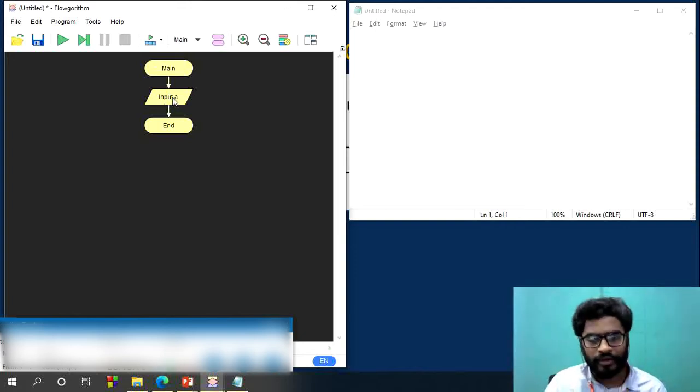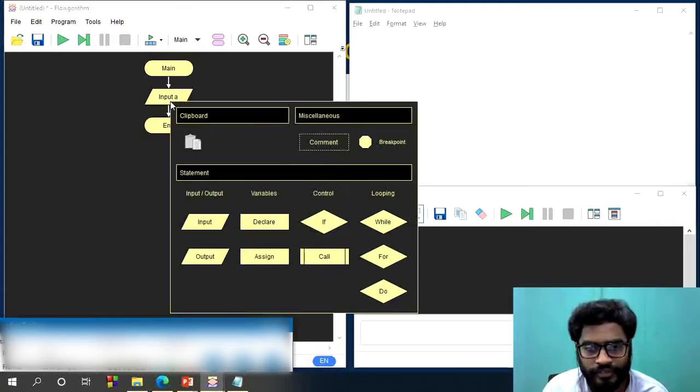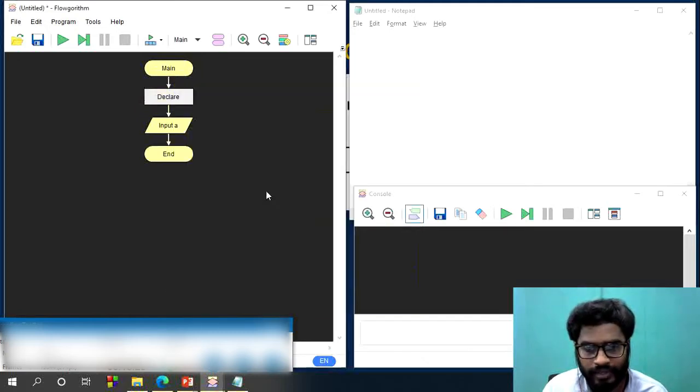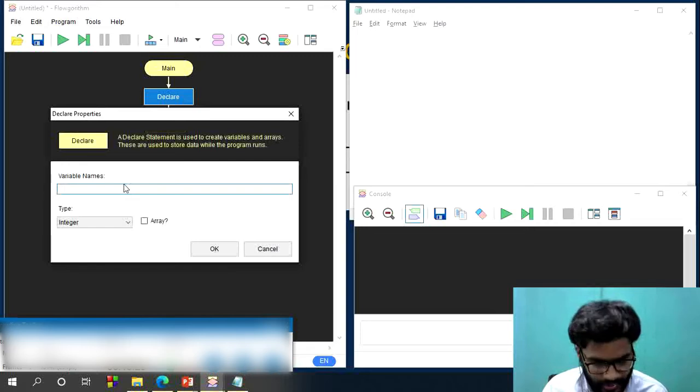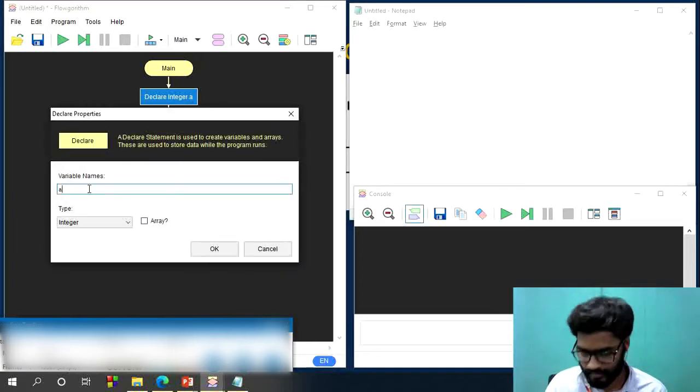Before using any variable, you must declare it. For declaring a variable, you can use a declaration statement. So before using this variable, place a declaration statement: declare A, and choose what type of data you are going to store inside variable A. If you click this, it means A is not a single value; A can hold an array of values. I declared a variable and I read A. If you want to declare more at a time, you can declare A, B, C. So you can declare more than one variable at a time.